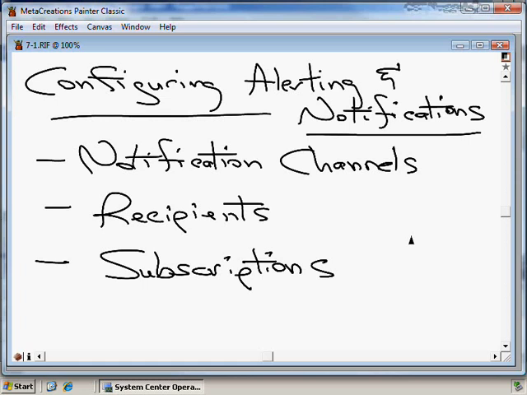Configuring alerting and notifications. I think you're going to find this to be a relatively short nugget because the process of actually configuring notifications is relatively easy to do. It's nice in the fact that it is extremely flexible in the way that you can create things like notification channels and recipients and subscriptions. But the actual process of setting them up is not terribly difficult to do, and I think you'll appreciate how